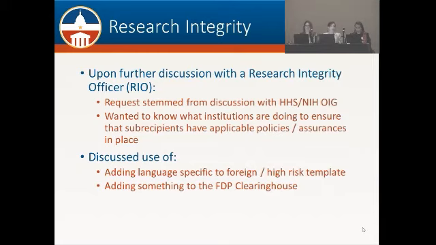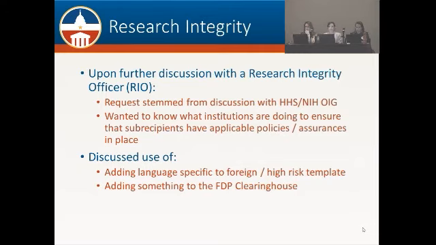And basically that assurance is kind of like your OLAW or your federal-wide assurance numbers, and it's pretty easy, pretty routine, a little bit behind the scenes. So because she said that, we thought about a couple of different options to help to manage this without necessarily going straight to, let's add something to the FDP subaward template.